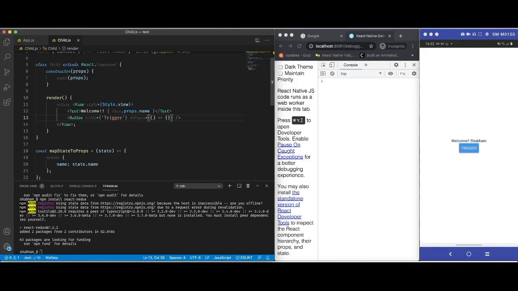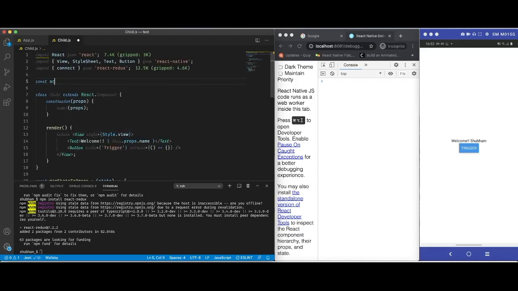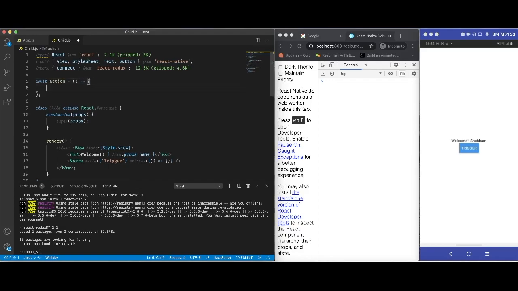For triggering state change, we will have to create something called actions. An action is a pure function which is going to return an object to us. So let us create an action first. And as you know, it returns an object.